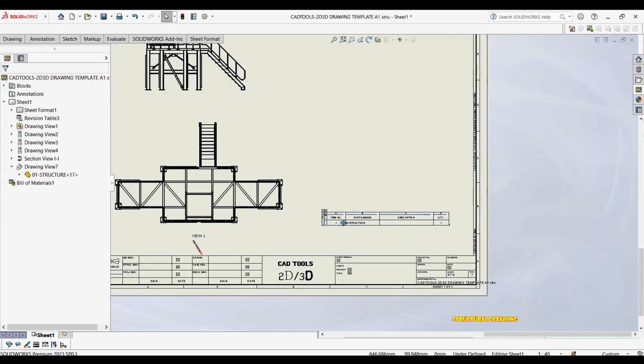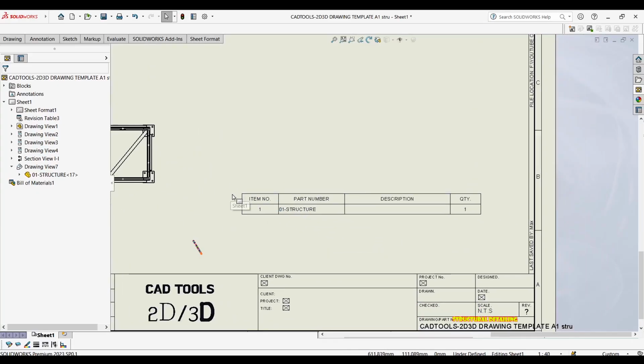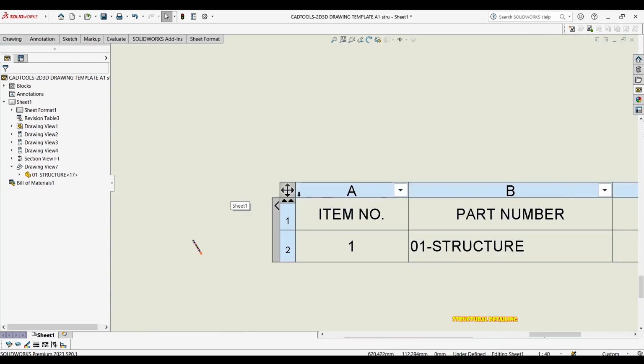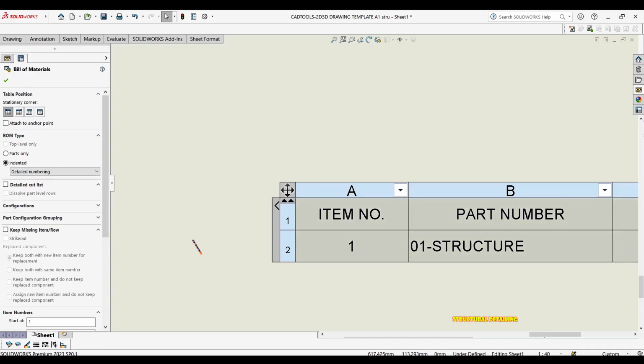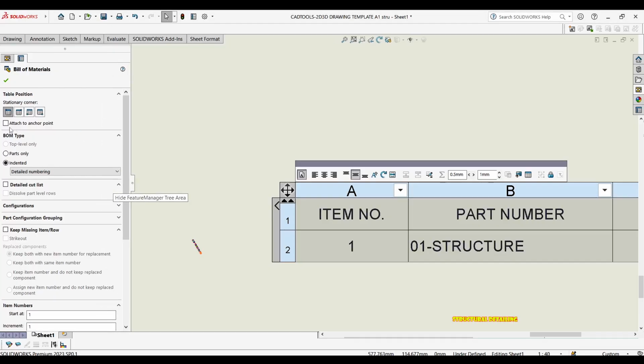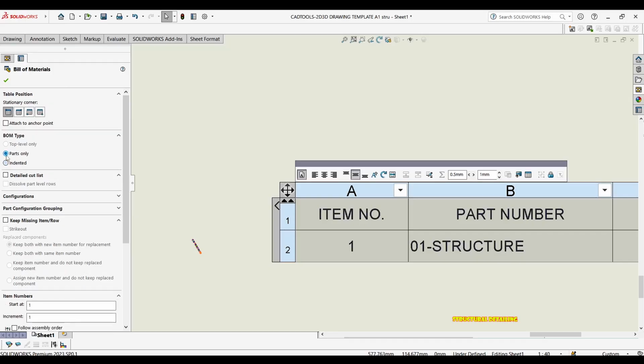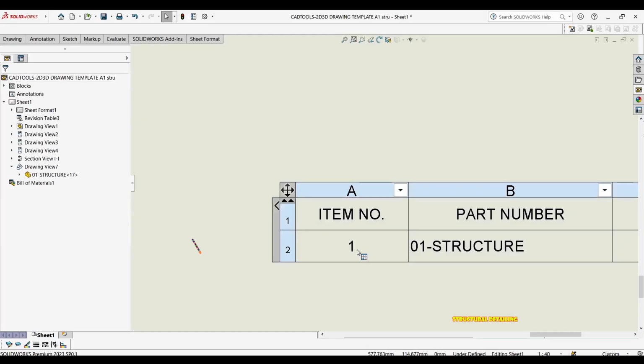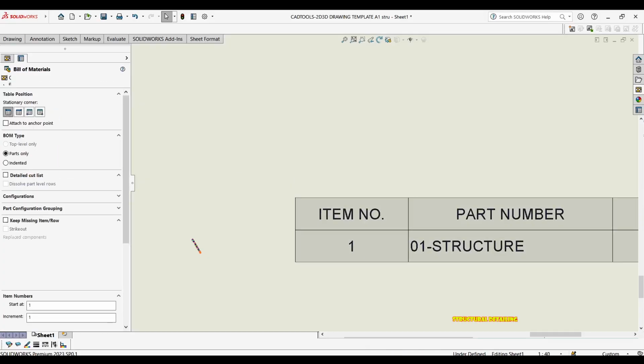Okay, so I'm gonna click on this. See that cross, click on that, and then it opens that window again, and then you just say maybe parts only. I think so. Let's do that. Oh no, it doesn't take it. Okay,